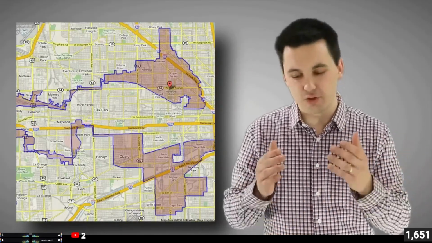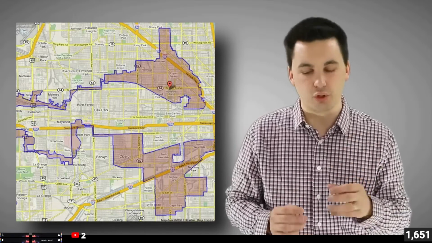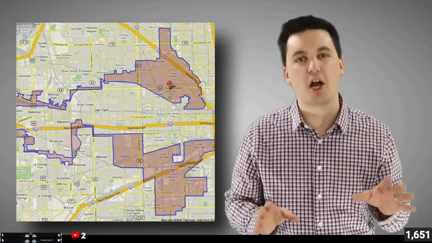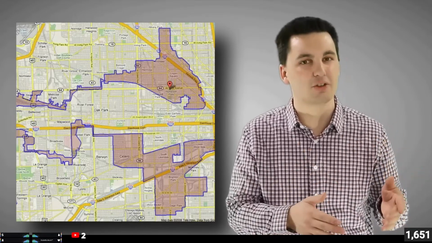Gerrymandering is the redistricting of a voting district in order to create a district that's more favorable to your party. It gives you an edge over your competition. And some people talk about how the corrupt nature of this actually makes it so politicians are picking the voters instead of the voters picking the politicians.